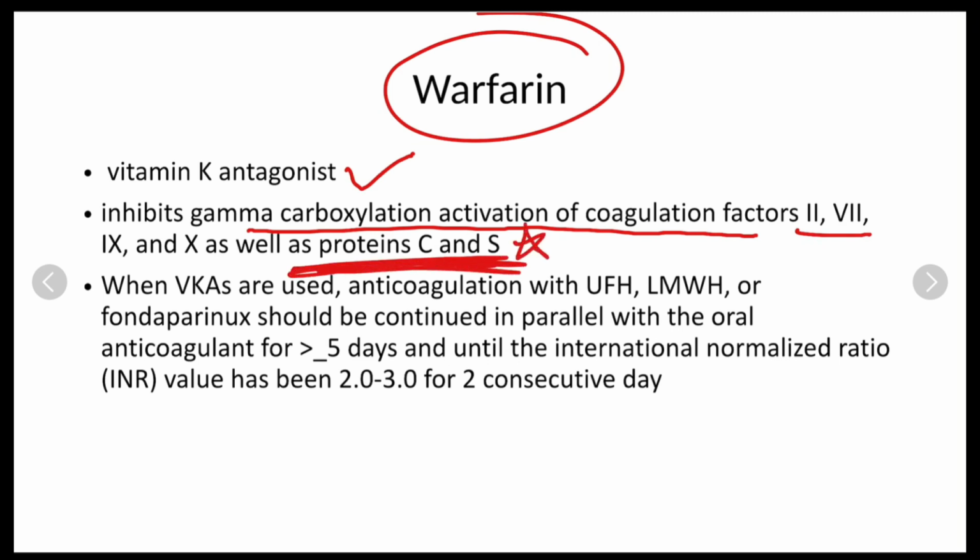This is a very very important point. So it is also inhibiting protein C and S, and it inhibits the gamma carboxylation of these factors II, VII, IX, X. Then they are telling like, when